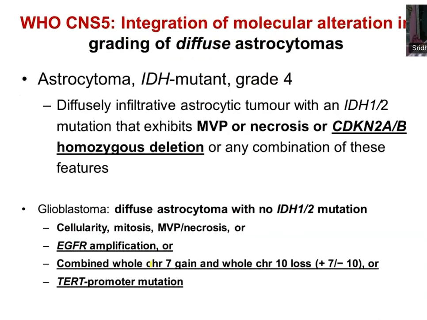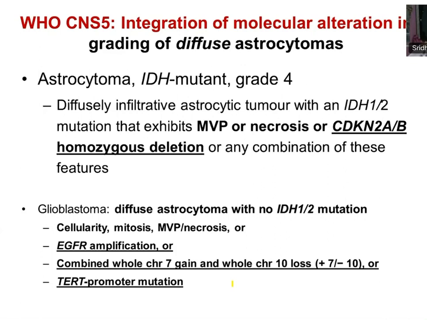In addition to the histological features, a new feature added in this current classification is the presence of CDKN2A, 2B deletion or homozygous deletion. Irrespective of histological features, if you have CDKN2A, 2B homozygous deletion, it is grade 4. Whereas when there is no IDH mutation, other molecular markers like EGFR amplification, TERT promoter mutation can be used as molecular surrogates for glioblastoma, along with other features like combined gain of whole chromosome 7 and